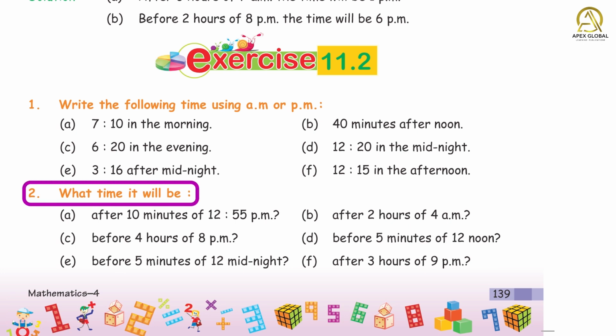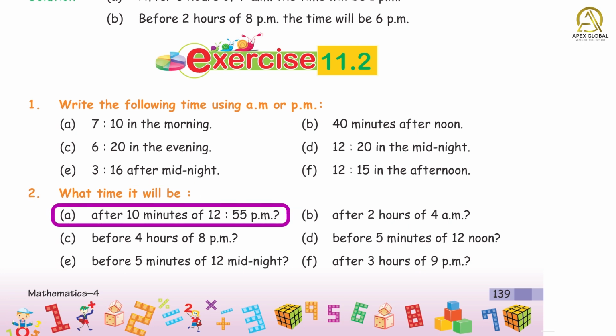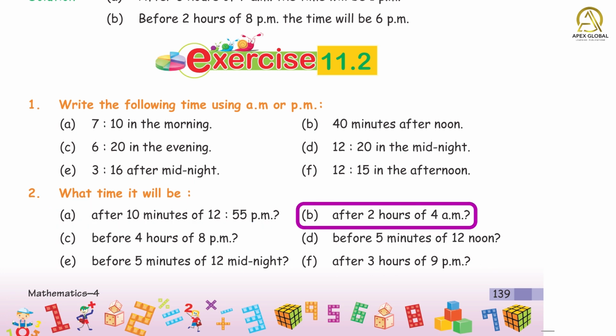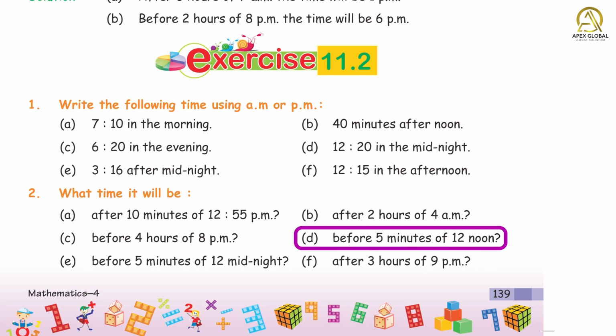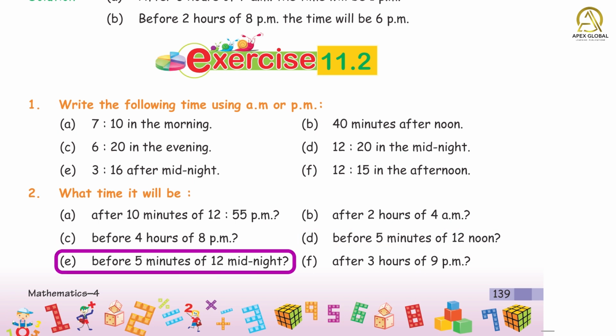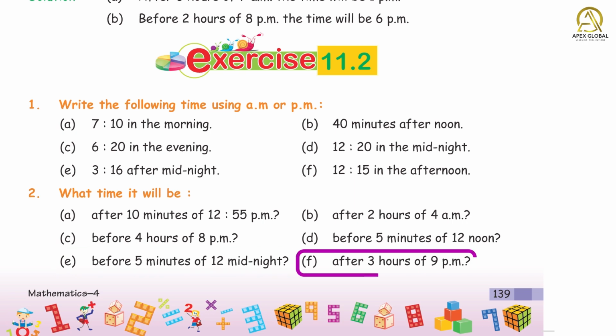Question 2. What time will it be? A. After 10 minutes of 12:15 PM: 1:05 PM. B. After 2 hours of 4 PM: 6 PM. C. Before 4 hours of 8 PM: 4 PM. D. Before 5 minutes to 12 noon: 11:55 AM. E. Before 5 minutes of 12 midnight: 11:55 PM. F. After 3 hours of 9 p.m.: